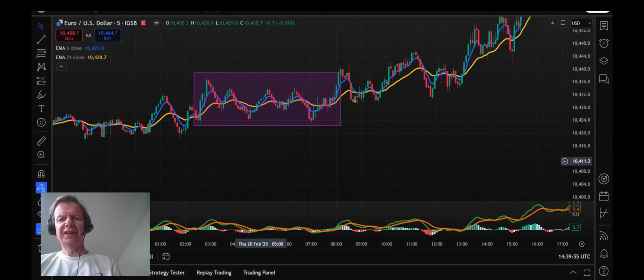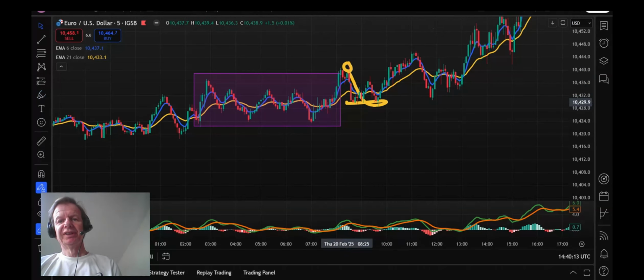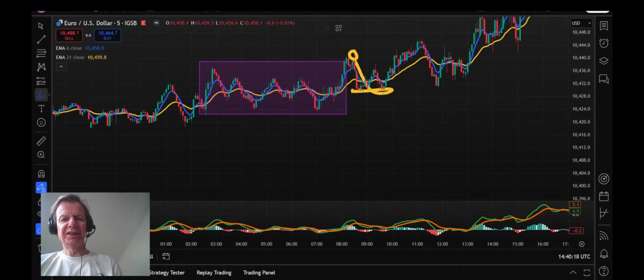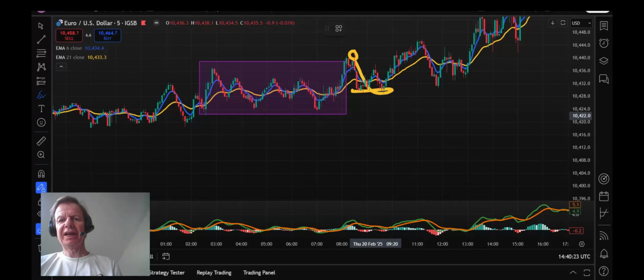what happened on Thursday, I did make a bit of a mistake here, which I'll admit to. On Thursday, it came outside the box here, but then it came down to here, and it met some support here for about 2 hours. So my theory was, when it came back up again, I'd just get the highlighter to show you, when it came back up here, I decided to cut my losses and break even, which was silly really, because obviously once it starts moving up,